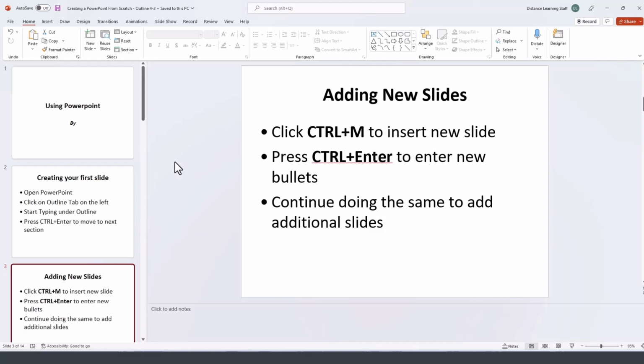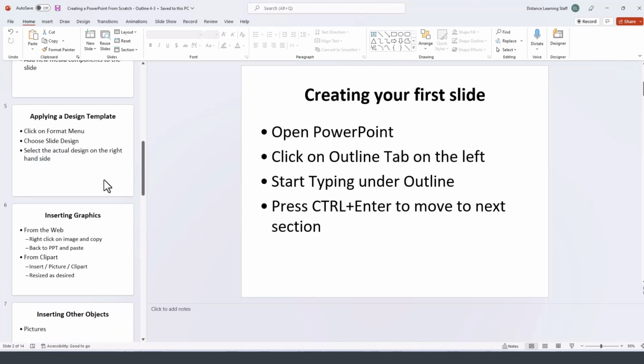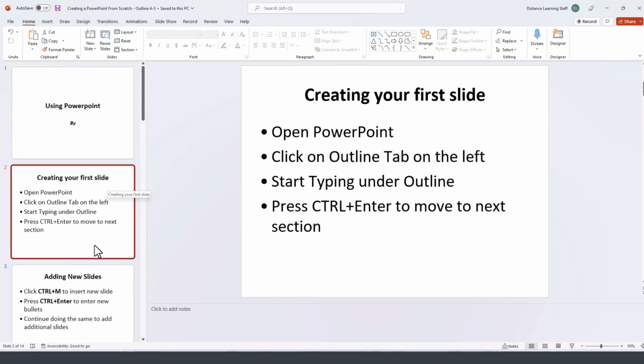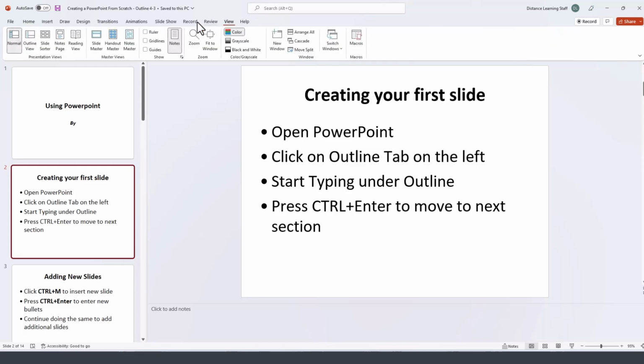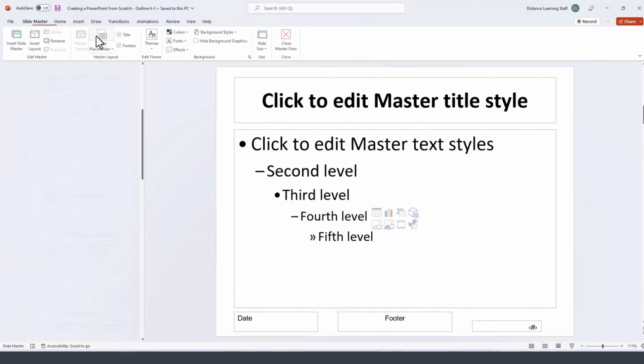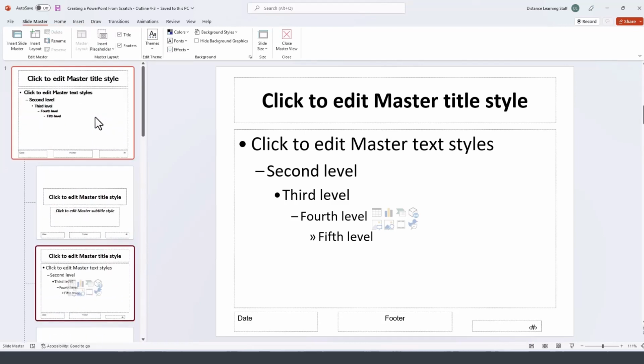For example, here is this very bland presentation. And let's say we want to add, for every slide, we want to add a logo or an image on the bottom right here. We could do that manually, obviously, for each slide, but that takes time. So what we could do is go ahead and modify the Slide Master. So we go under View, and then go under Slide Master here, and then scroll all the way to the